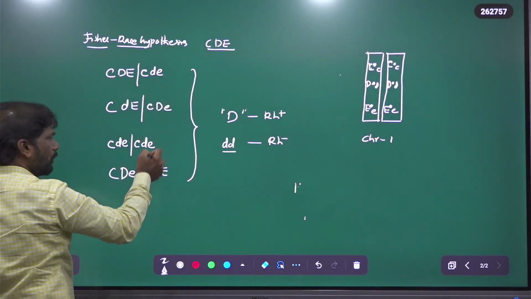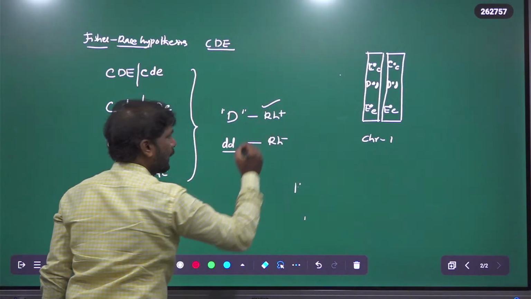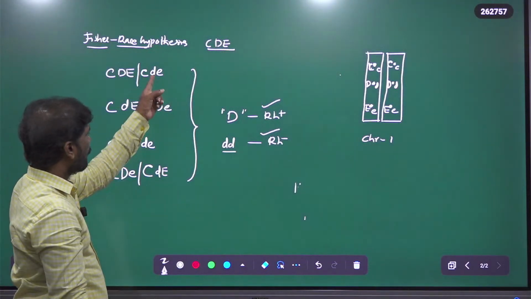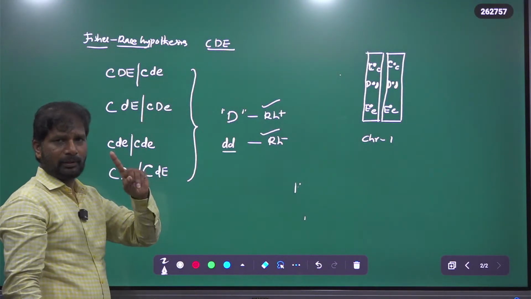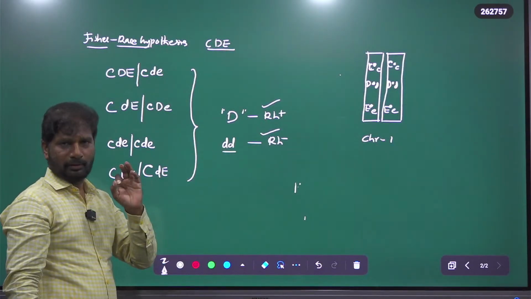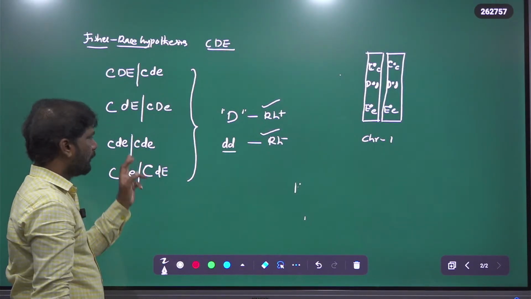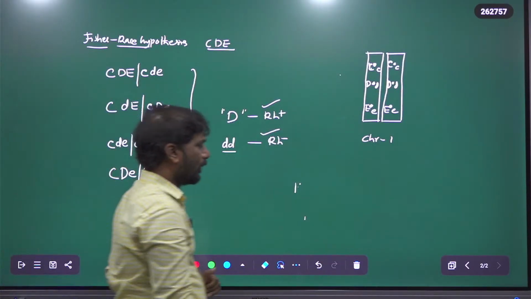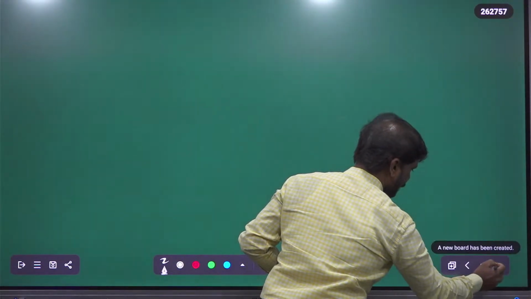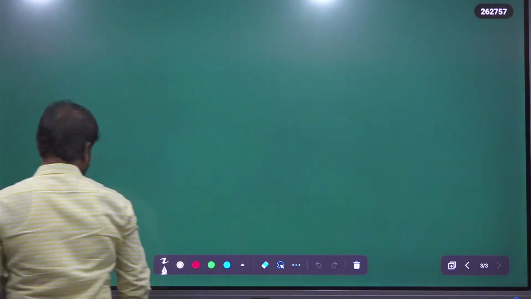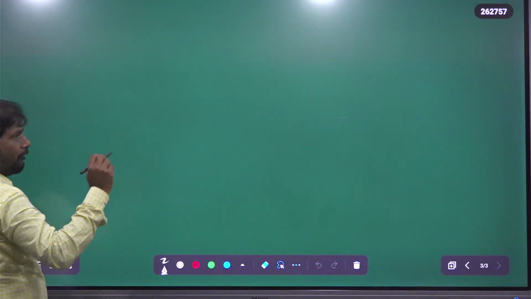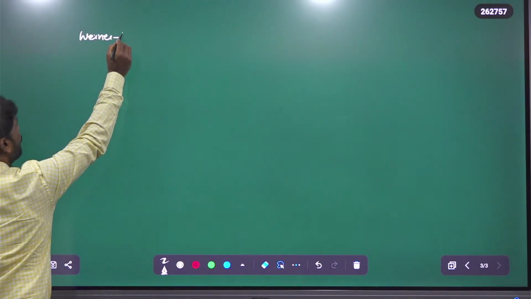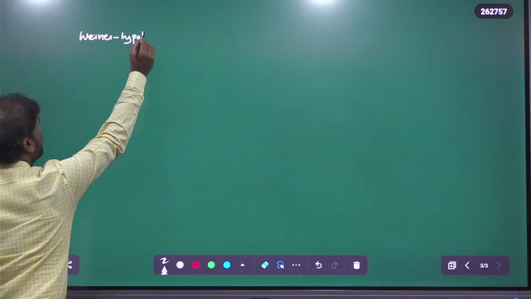So these alleles form the 4 pairs of the genetic composition. This genetic composition explains Rh positive as well as Rh negative. In this genotype, those which have the capital D are known as Rh positive, and those which have the small d are Rh negative. So here it is known as the Fisher and Race hypothesis, and now, according to the Wiener hypothesis,